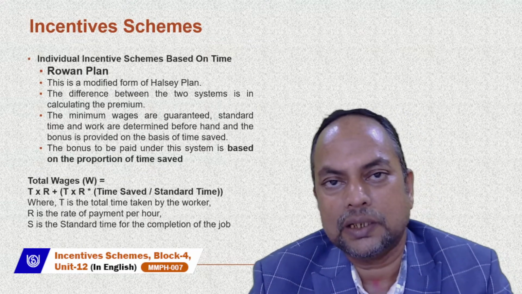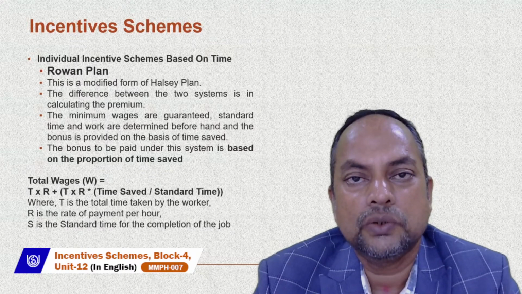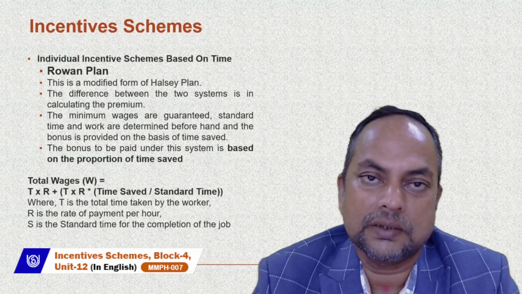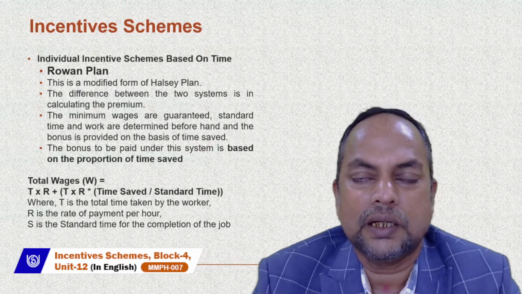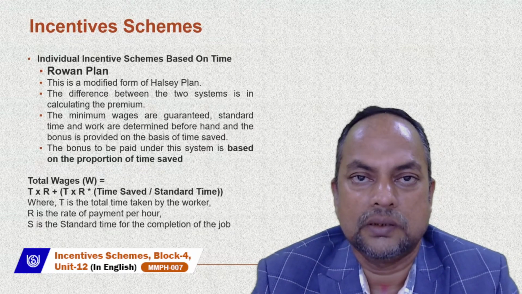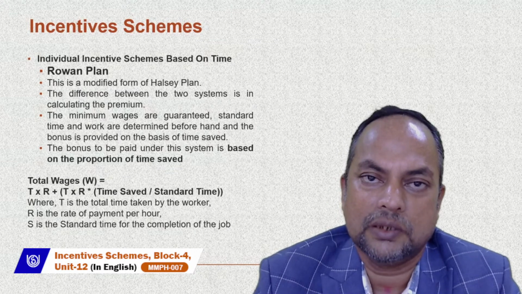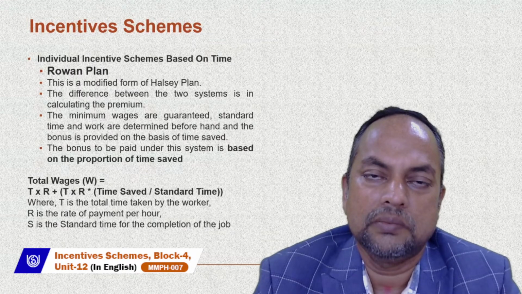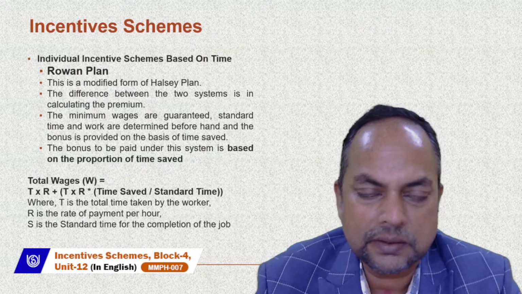So it is a ratio calculated not on a fixed percentage, it is calculated on a ratio of the total time saved by the individuals as against the standard time. Besides, as I said, this time study, motion study, method study, process study, all of those should be adopted to define the minimum time taken by the job for its completion. The base is that.